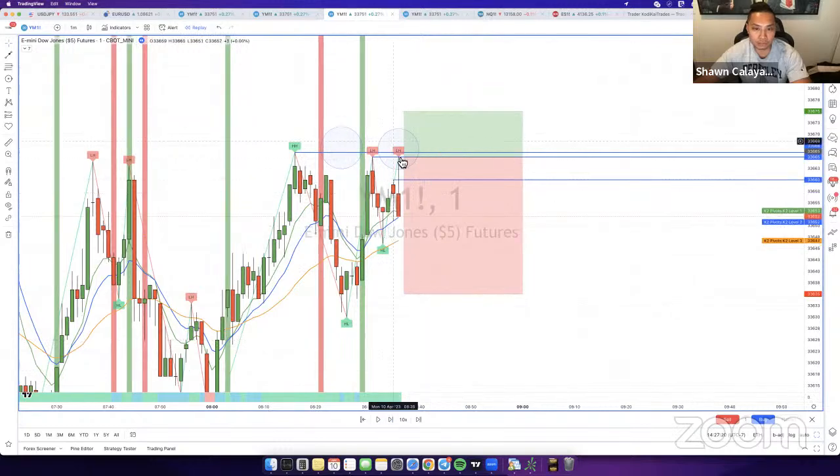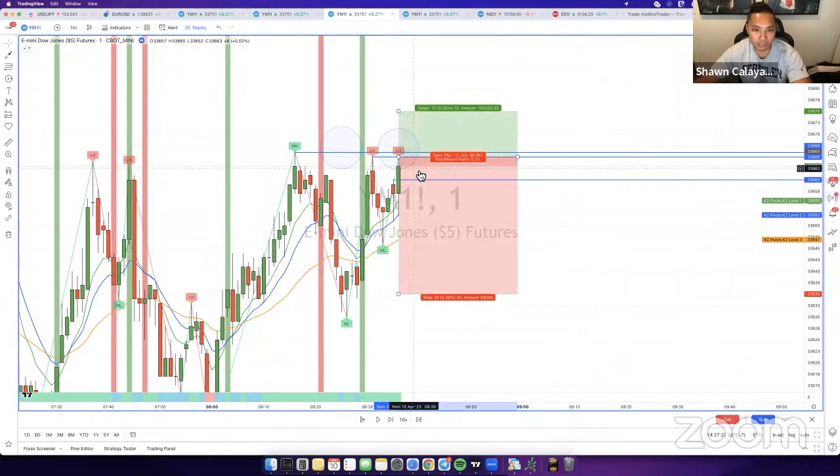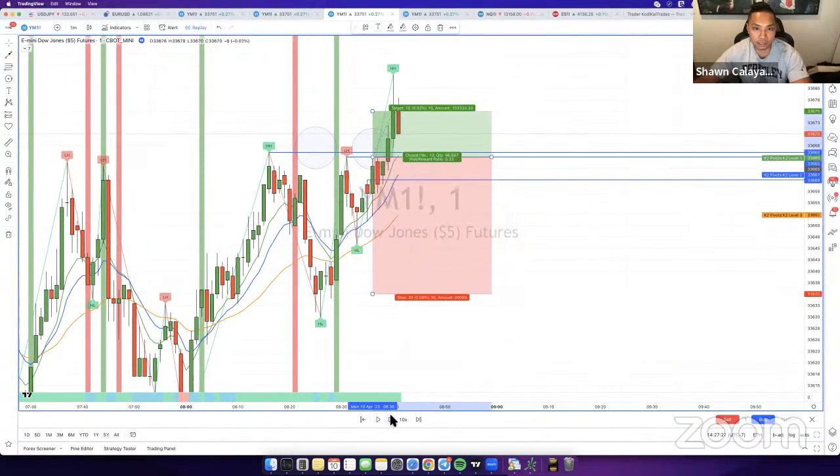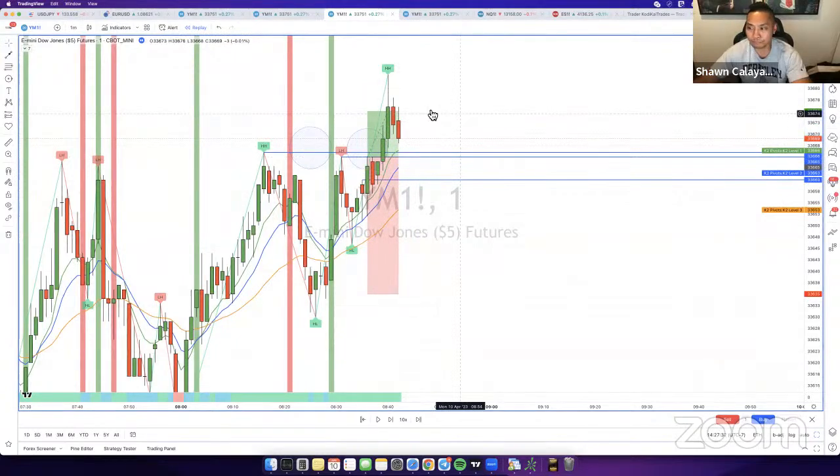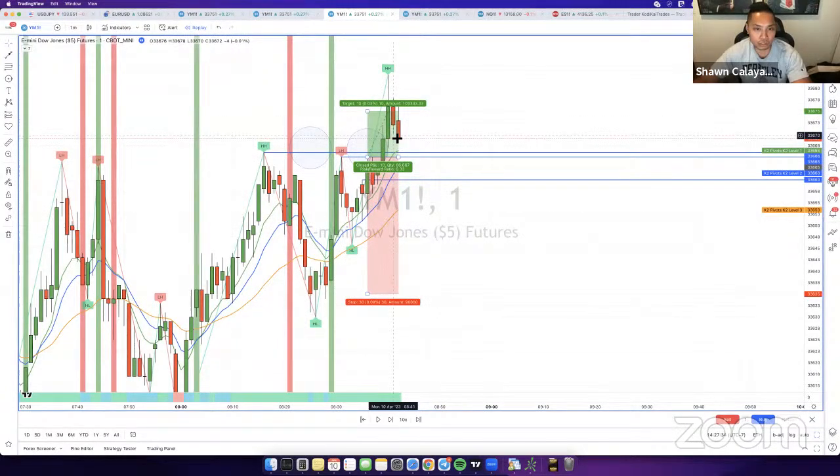But you can see right here when price pushes up, at this point, price pushes up and hits this area. At this point, I would be in the position if I was catching liquidity, and I would let this push up. And you can see right there, it blasts right through the TP. So does that make sense, Juan? I'll go over another example, but I just wanted to show you how I identify liquidity.